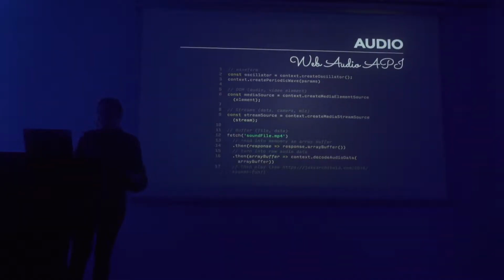You can grab it from the DOM. If you've got an audio or a video element sitting in your HTML, you can grab the source of that, and you can take the audio and put that into the audio API. You can stream it. This is a really interesting one. You can take the media stream API and take the sound from your camera or your microphone on your device and pop that into the audio API and use it that way. Or you can just grab a file, take the data from the file and use sound that way.